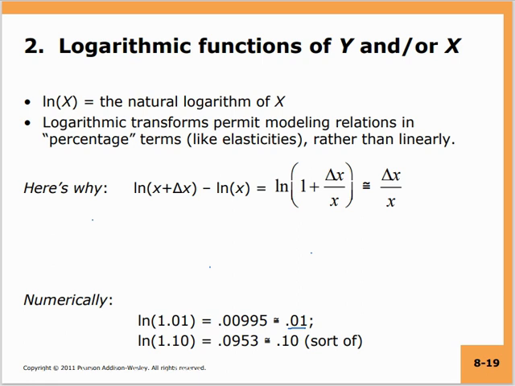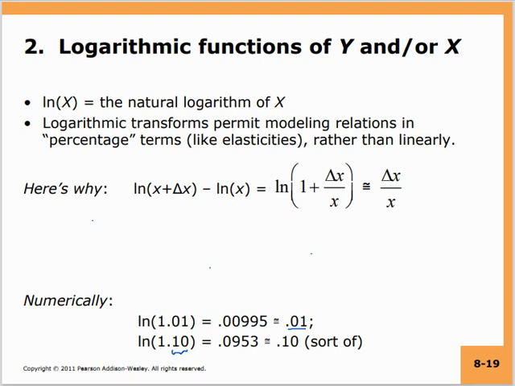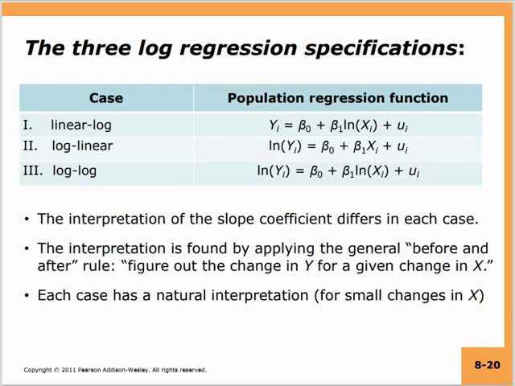Now you will notice that this 0.10 is not as small as 0.01. So here the approximation is not that good. But still, if you round it up, it is equal to 0.1, which is log of 1 plus 0.1 is approximately 0.1. Okay. Now, given that this is how you can interpret it, we now introduce three